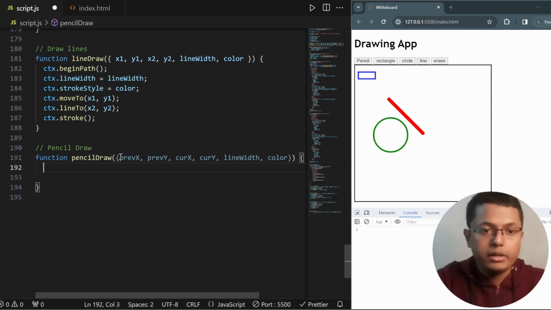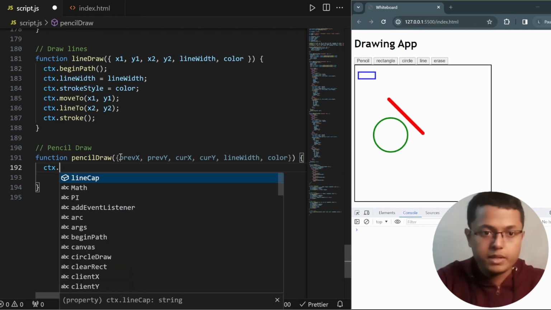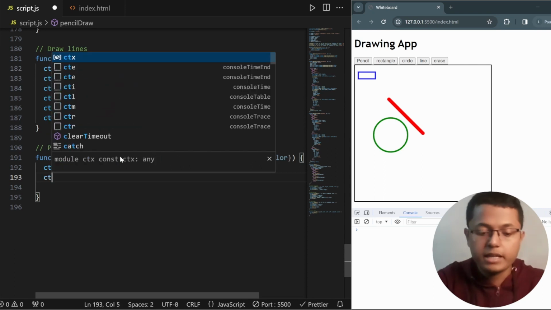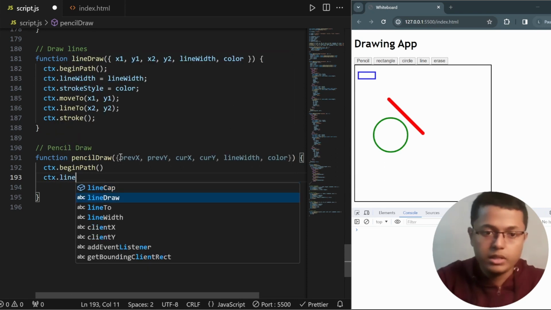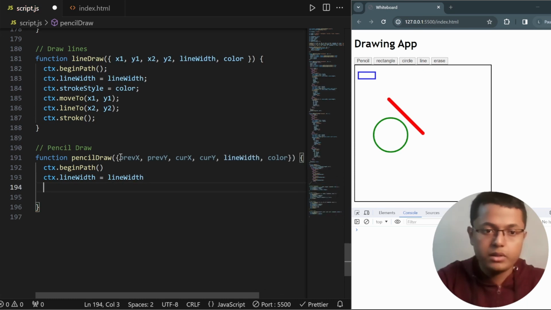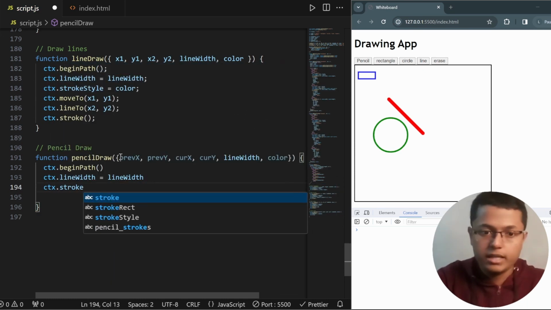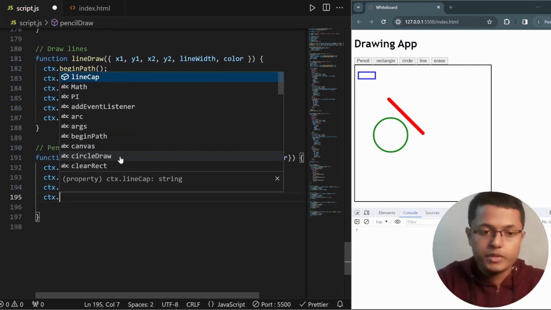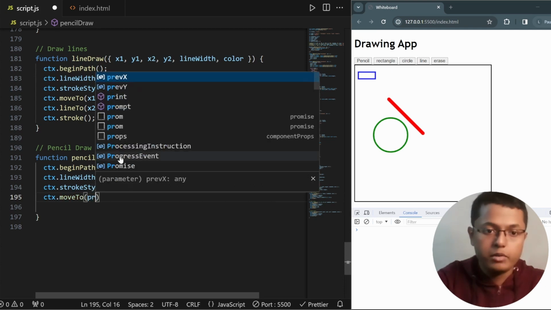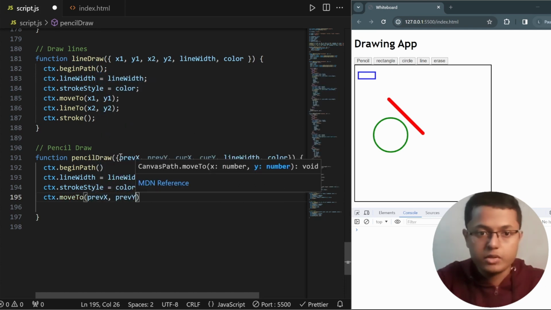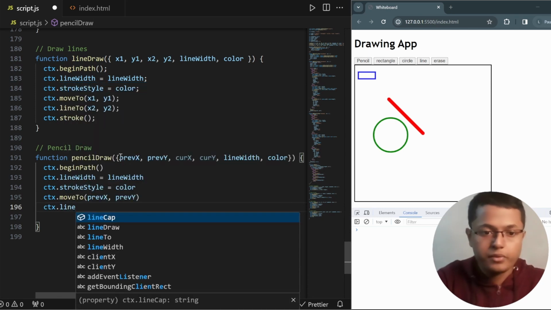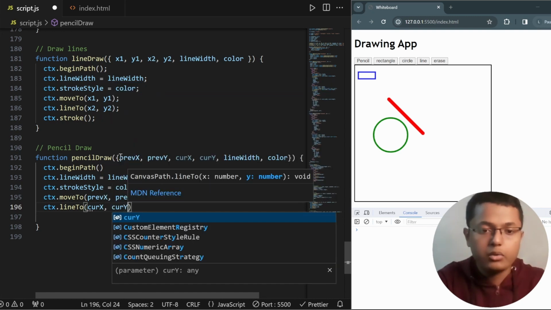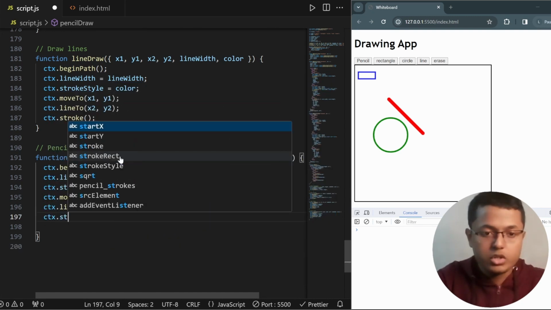And here I will do the same things: ctx dot begin path, and then we assign our line width, so ctx dot line width equals my line width. Then ctx dot stroke style equals my color, and then ctx dot move to previous x and previous y, and ctx dot line to will be the other two, current x and current y. And lastly, we will do ctx dot